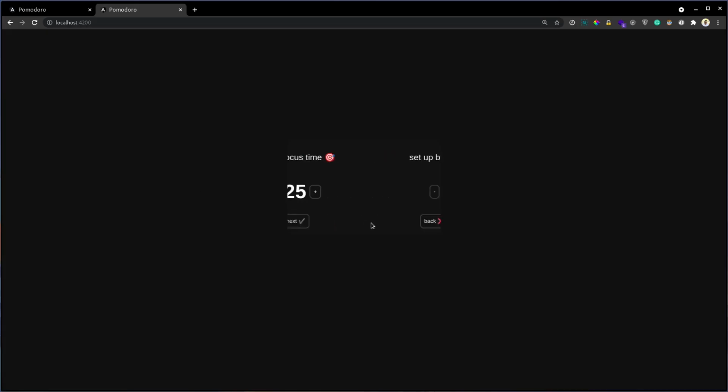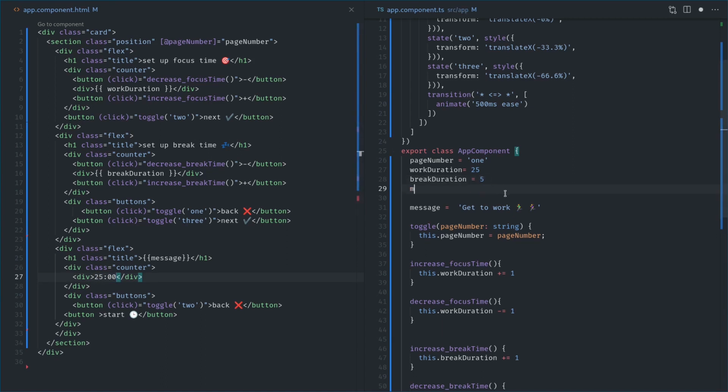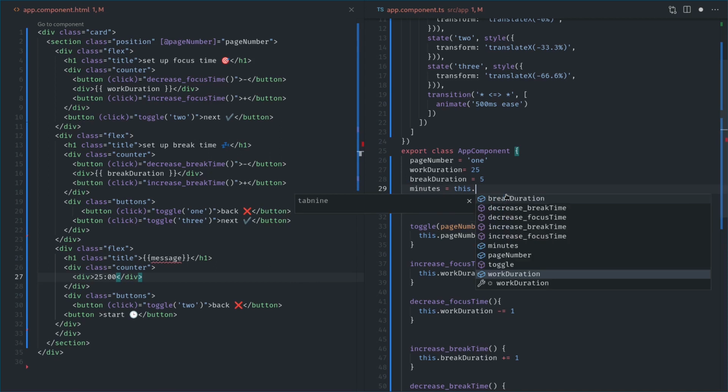If I go to the browser, as you can see, it's coming from our variable. And also we want these things to be dynamic as well. So I'm gonna add two more variables. The first one is minutes. I'm gonna add the variable, I'm gonna call it minutes, and it's gonna be this dot work duration